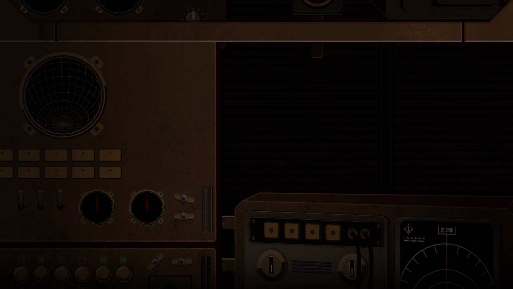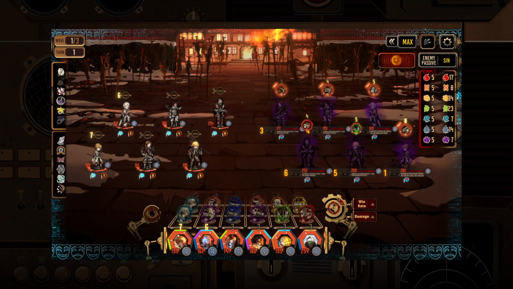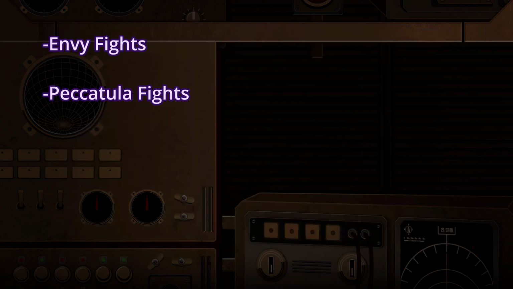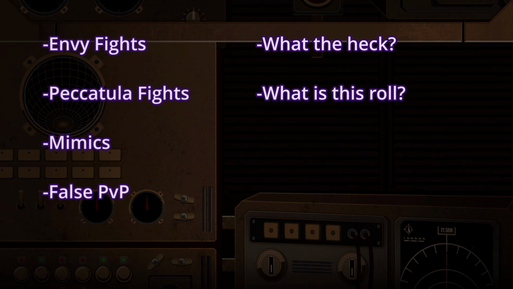However, before getting into details for each section, it also introduced a whole new type of fights against Envy Peccatulas, which I'd like to explain as a whole. I'll call them Envy fights, Peccatula fights, Mimics, False PvP,